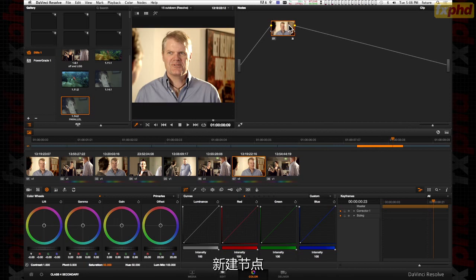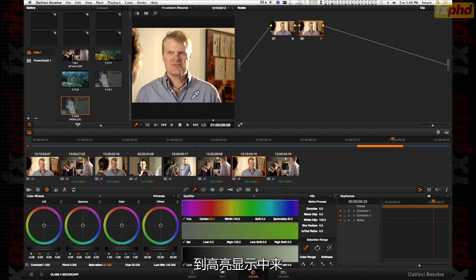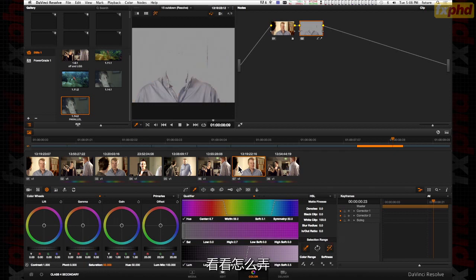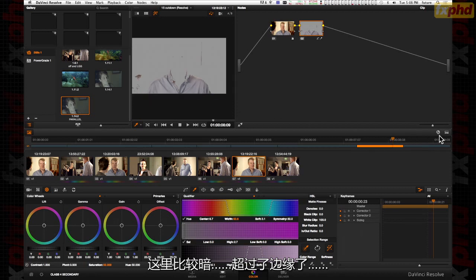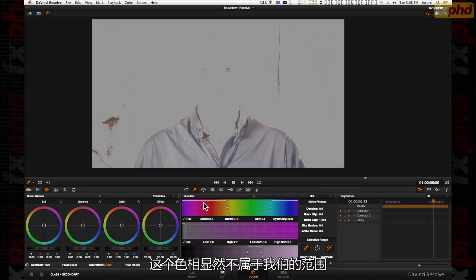So let's have a see whether we can make a new node. I just use a serial for this. There's no point in using any other node at this stage. Grab a selection of colour, like that, and then let's go to the highlight, and let's see whether we can get. This is quite a bit darker here, and we've got over the edge there. Now that is obviously a slightly different hue, and it's picked up a lot more colours than just a blue. So keep on